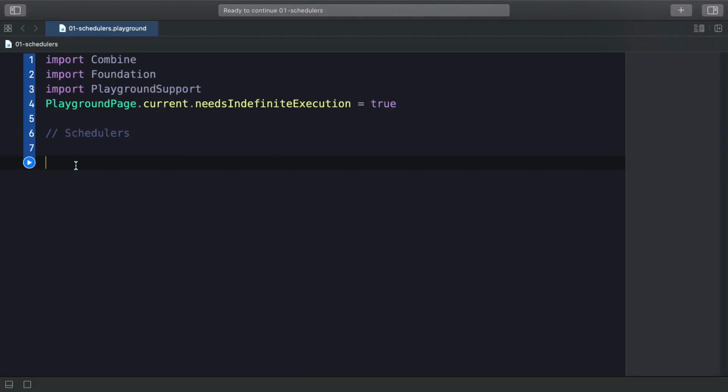When working in Combine, we have to be aware of what queue we're doing our work on. And Combine can work with many different flavors of using different threads or different queues. And we often use these words interchangeably. And when we're doing this in iOS development, we often are using GCD, which means we're using a dispatch queue,